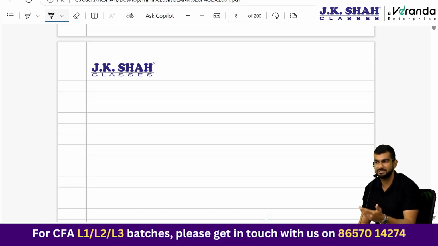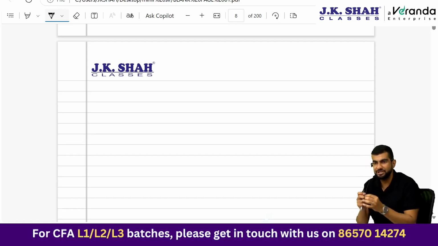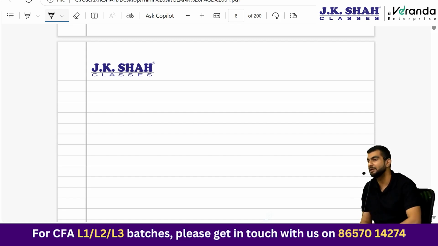Let's discuss those conditions in no particular order. Point number 1, the ownership of the leased asset automatically transfers to the lessee at the end of lease term. Second, the lessee has an option to buy the asset at the end of lease term and is expected to exercise it. Third, the lessee uses the asset for the majority of the asset's useful life. Fourth, the lessor has no other use for the asset. And fifth, present value of lease payments is at least equal to or exceeds the fair market value of the asset. If none of the 5 conditions are satisfied, it will be an operating lease. Now, why do we distinguish between a finance and operating lease? Simply because accounting treatment differs for a finance and operating lease.